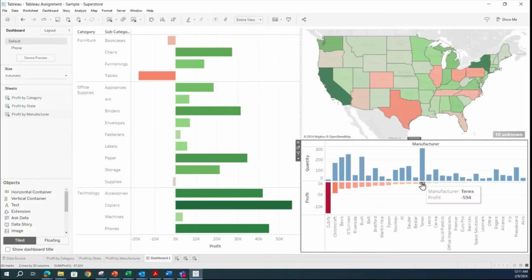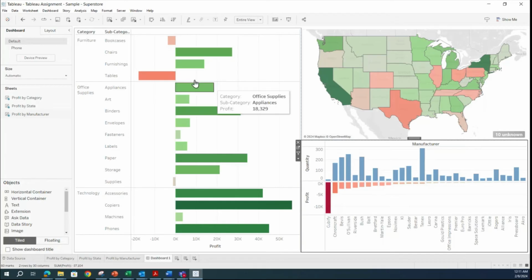So going back, this is where we are at. This is the layout we came up with. Let's quickly look at it. On the left hand side, we are seeing category and subcategory on the y-axis, and we are seeing the profit on the x-axis. It's a clear indication, and more or less the scale we are using is the same. This is the highest profit,